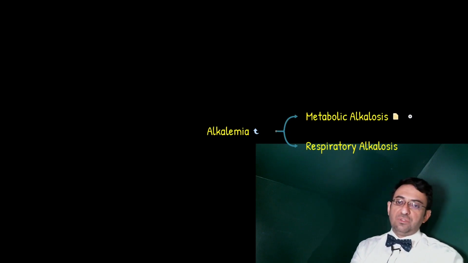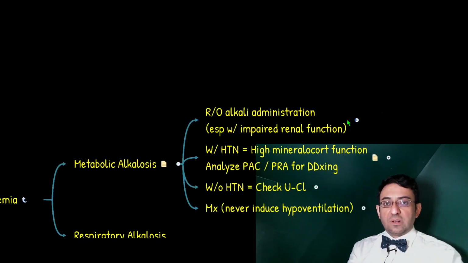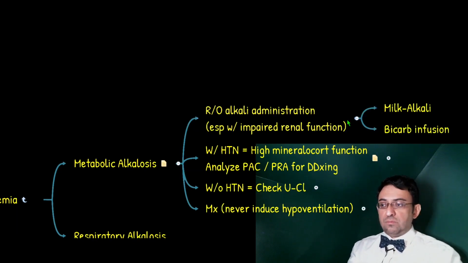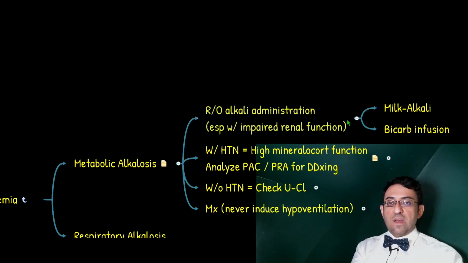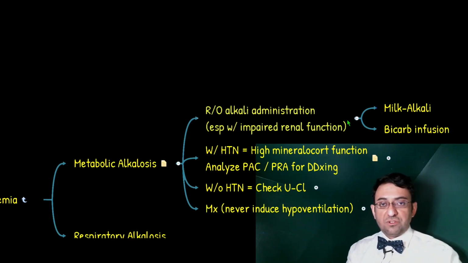The next step is to figure out if patient has normal kidney function or if the patient has got any alkaline substance. Based on that, what are the two conditions to first rule out in any patient with metabolic alkalosis? Before further workup of metabolic alkalosis itself, we need to rule out milk alkali and bicarbonate infusion and renal function. Why is renal function assessment important? Because both alkali administration and milk alkali syndrome are more likely to cause metabolic alkalosis in patients with impaired renal